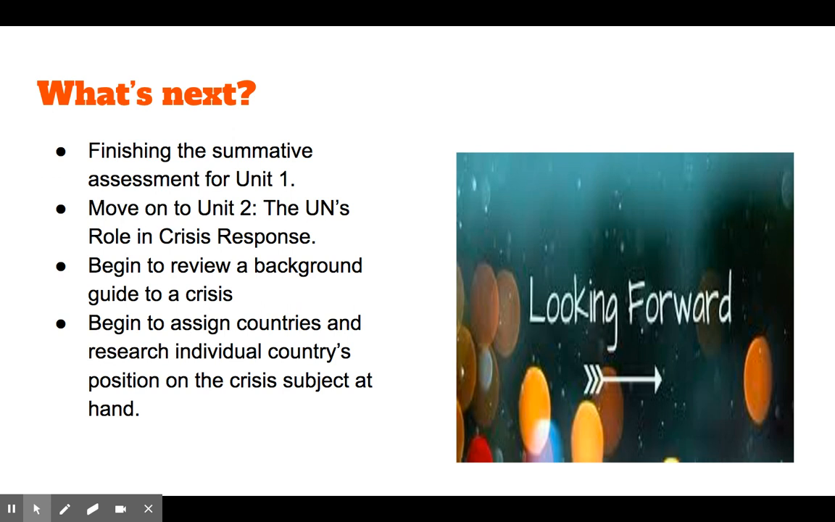Next week, we'll be finishing the summative assessment for Unit 1 and moving on to Unit 2, the UN's role in crisis response. We'll begin to review a background guide to a crisis. If I remember correctly, the crisis that we were focusing on would have been the definition of torture. So we will begin to assign countries and research those individual countries' position on that particular crisis subject and moving